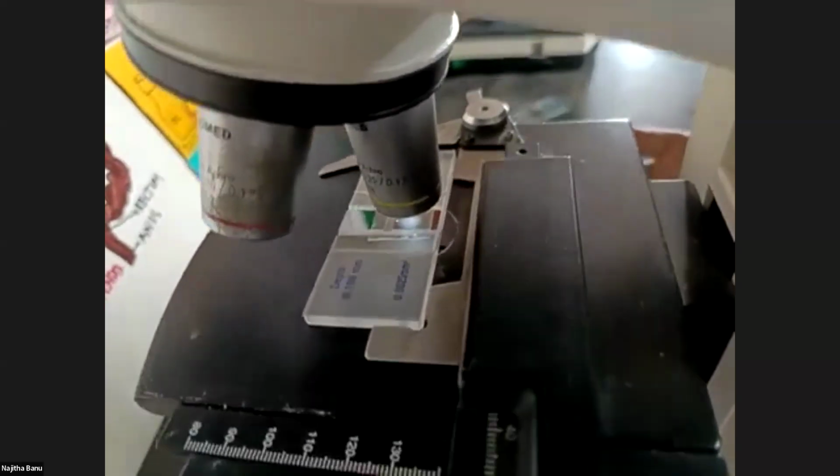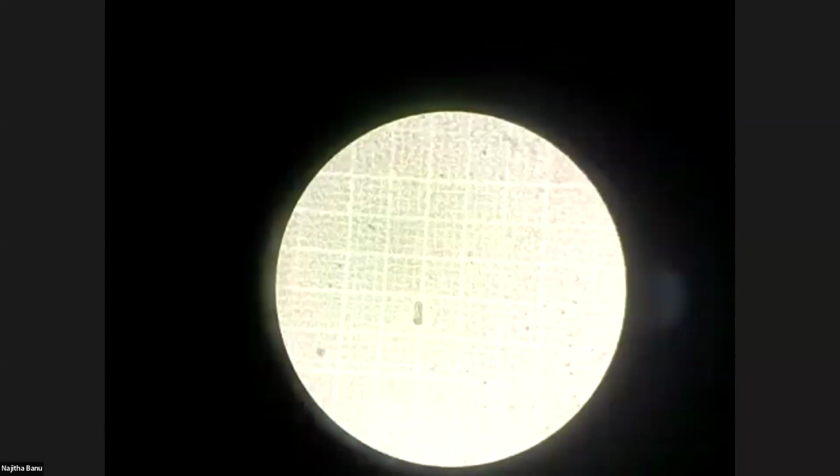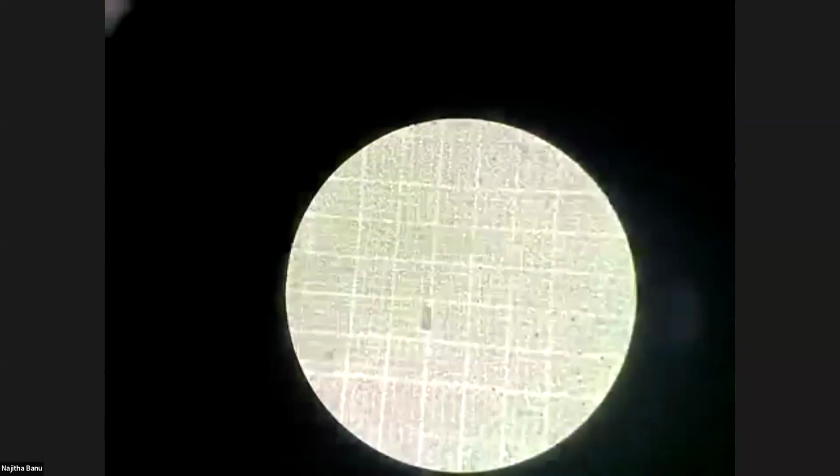Yes, it's very beautiful. So you can see through the lens. I'm using my camera. I will show you through the lens how your RBCs look. Look at the structure. It is clear, right? Yeah, the cells, see the dotted ones, you can see the small dots. The dots are your RBCs.